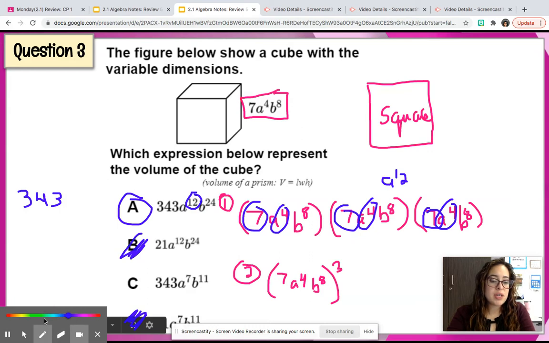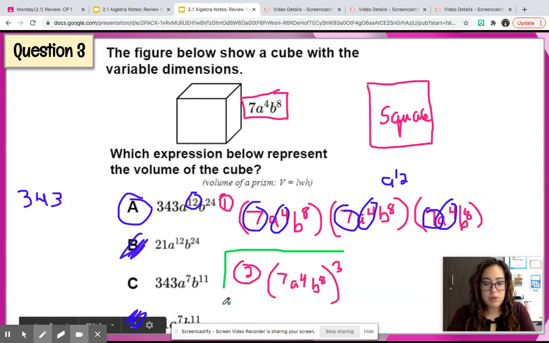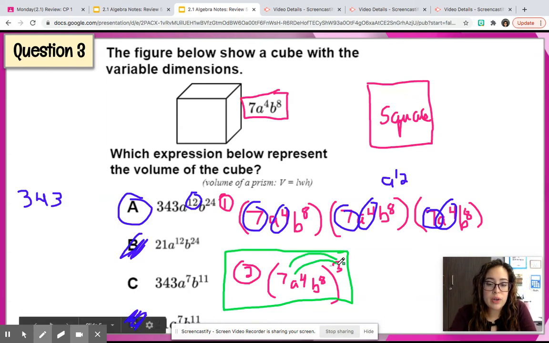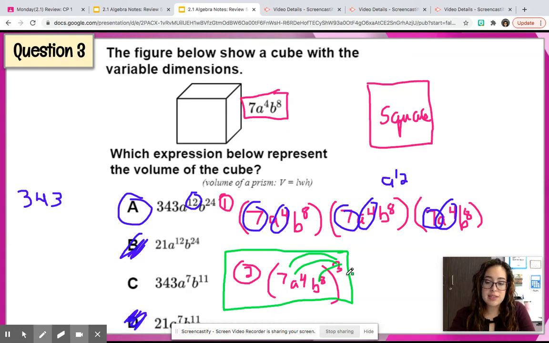Now let me show you using this simpler way of notating this, the volume, by just writing a little 3 at the top. It's a little bit quicker because it takes more time writing it in expanded form, so writing it in this simpler form helps us to just go about it quicker. So then I'm going to do on my calculator 7 raised to the